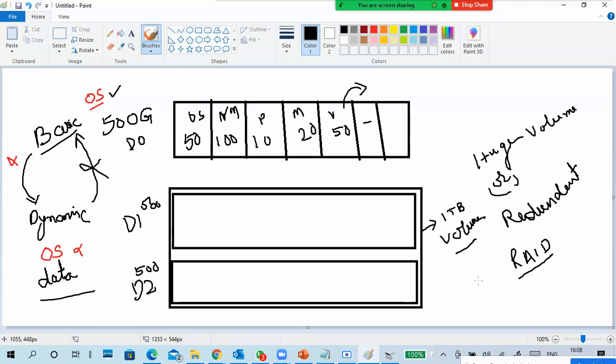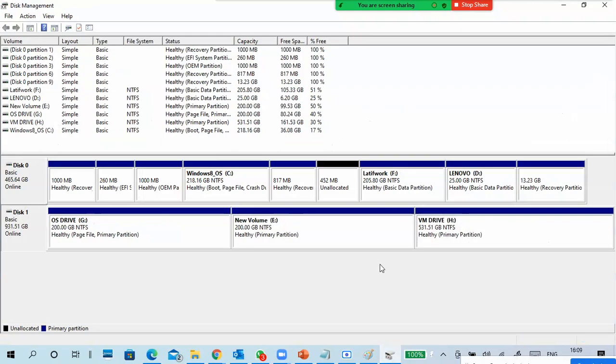Very simple example: think I have this drive and this drive. This is 200 GB, this is 200 GB. Both are having the same data.